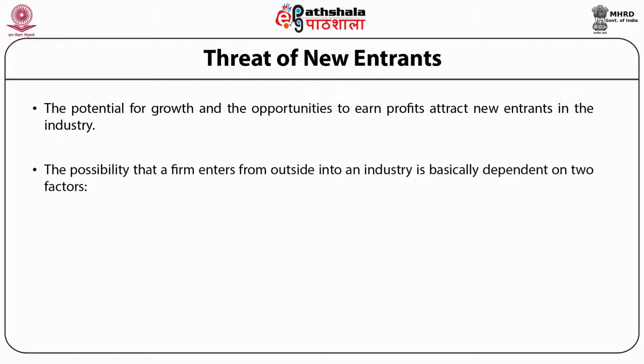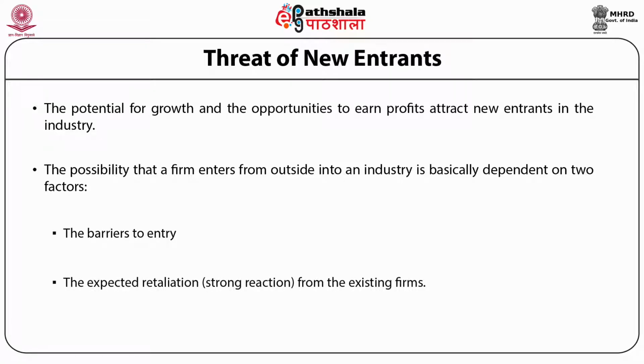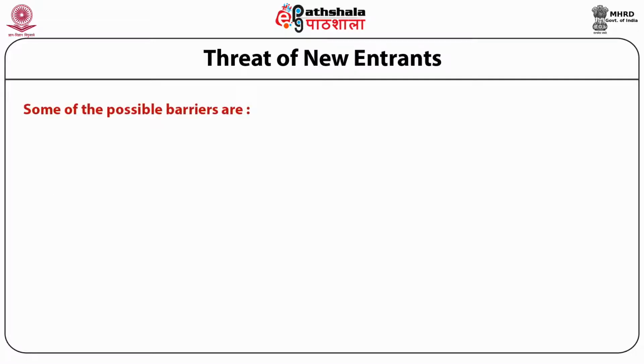The possibility that a firm enters from outside into an industry basically depends on two factors. The first being the barrier to entry, and the second being the expected retaliation, that is, strong reaction from the existing firms. High entry barriers imply that there would be less likelihood for new firms to make an entry into the industry at the first instance, or they will be abstained from establishing themselves before they may pose competition to the existing firms. Therefore, higher entry barriers keep the prospective entrants at a distance from an industry. Some of the possible entry barriers are